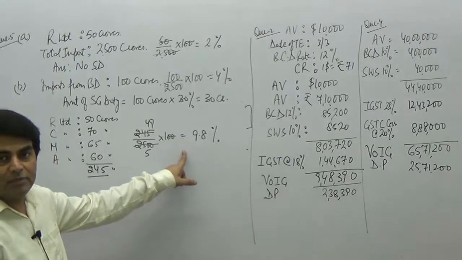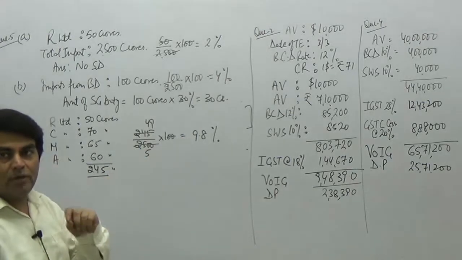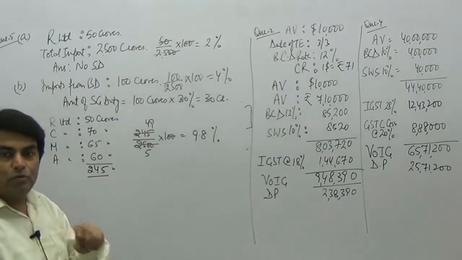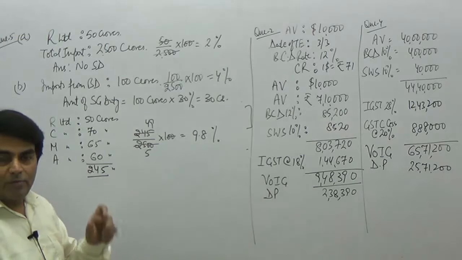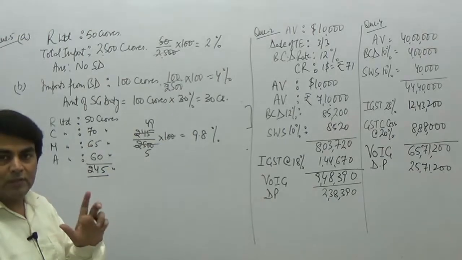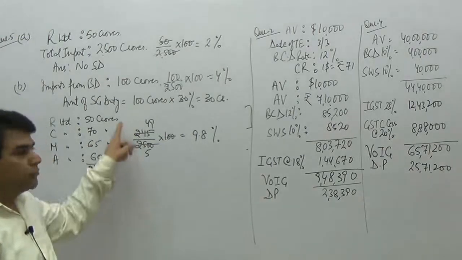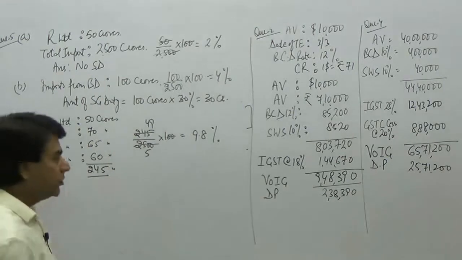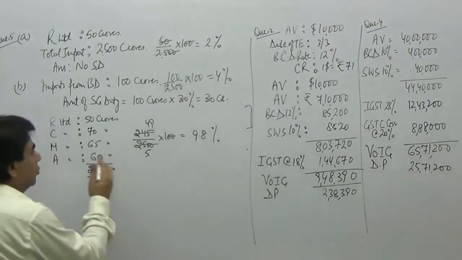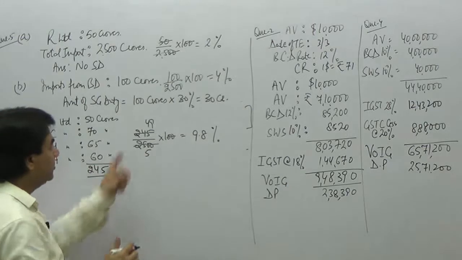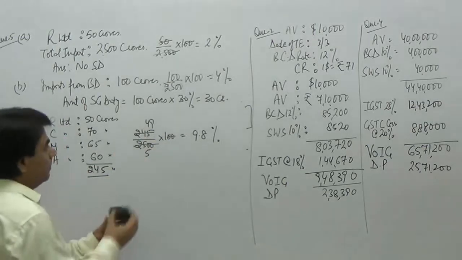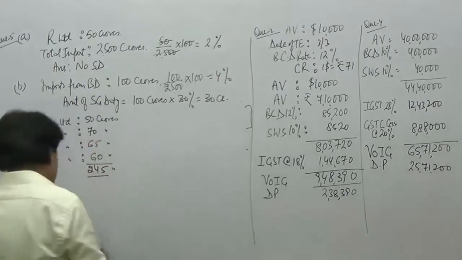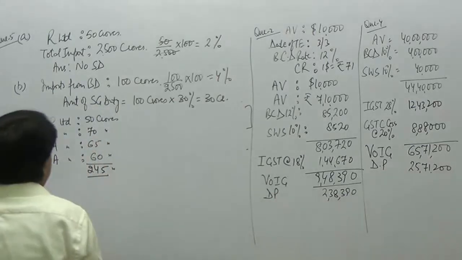It crosses 9%. That means what? It means now we are going to impose safeguard duty on the imports from all developing countries. That means all of the 4 companies would have to pay safeguard duty on their imports. So how much would be the duty amount? Let me write it right here. How much duty are they going to pay?